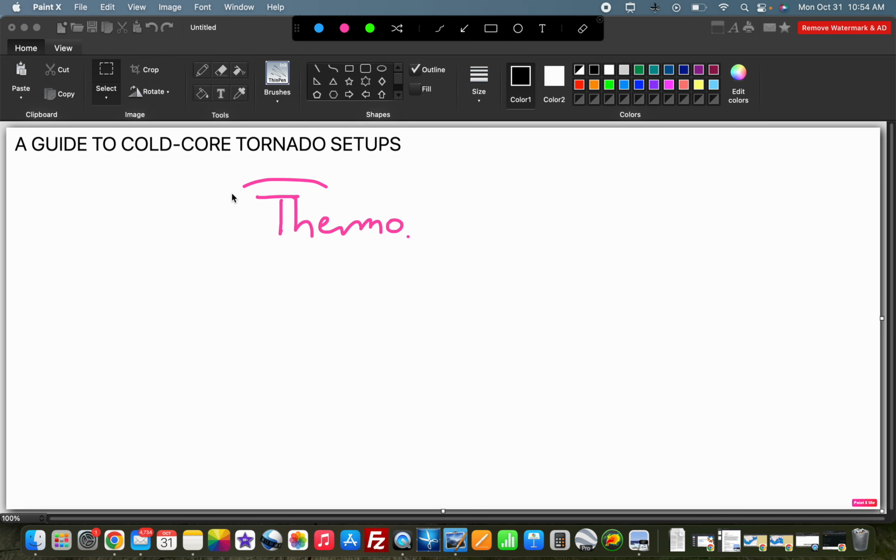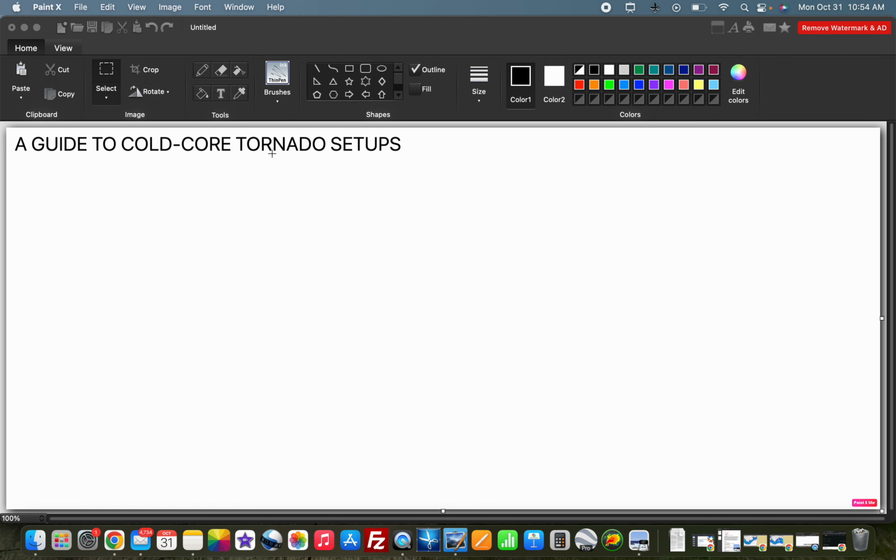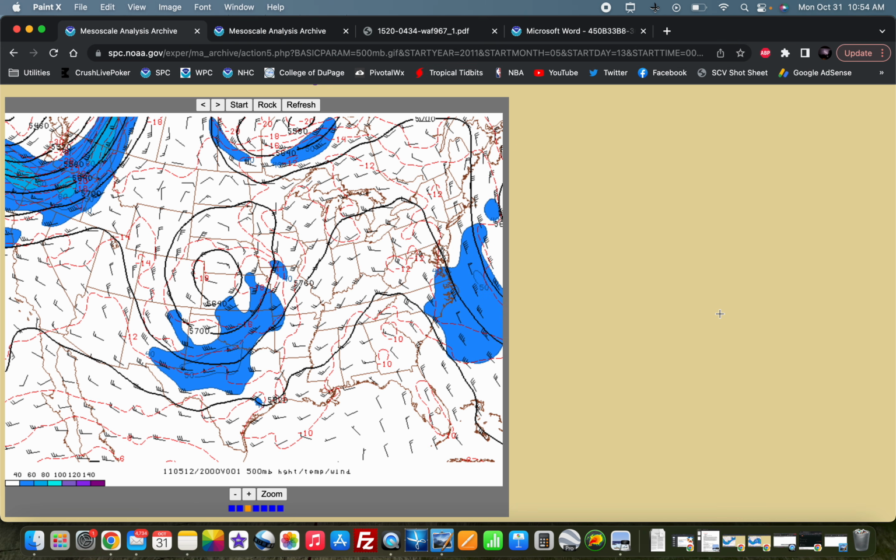They're going to be more driven by thermodynamics. That cold air aloft really helps to rapidly destabilize the atmosphere because the main area of interest is going to be tucked right up underneath that cold pocket of air aloft. And we'll discuss the main parameter spaces that we'll see with cold core setups in a second and why that's the case. But you can see how that area of interest is well removed from the strongest area of winds